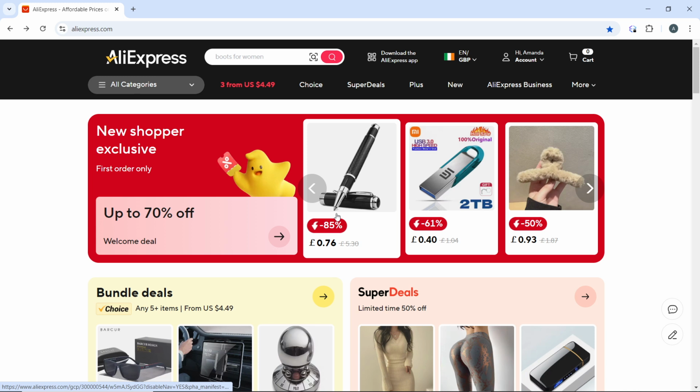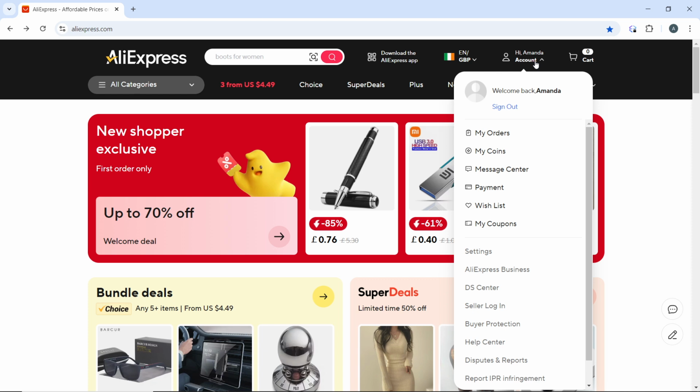You can use any browser of your choice. Once you get into the website, click on the account icon at the top right corner of the website and log in with your credentials. That's if you're not already logged in. Once logged in, hover over the account icon again at the top right corner and select settings from the drop-down